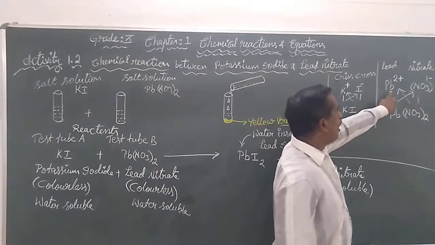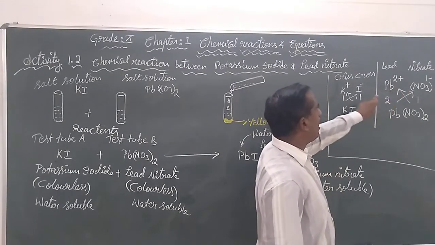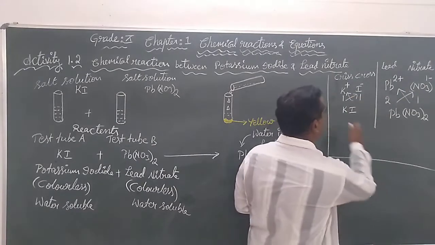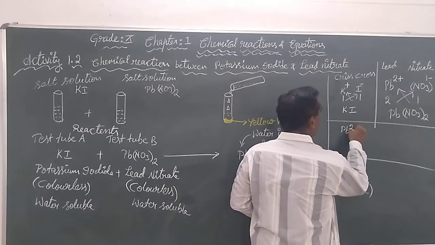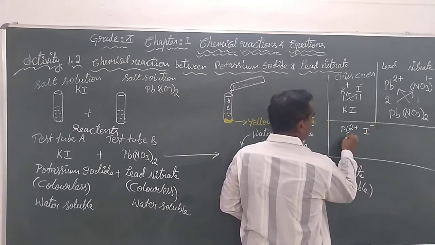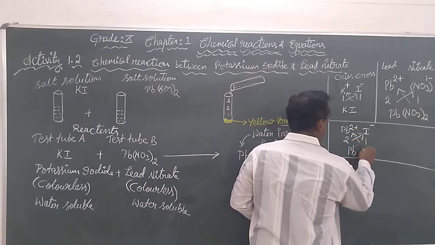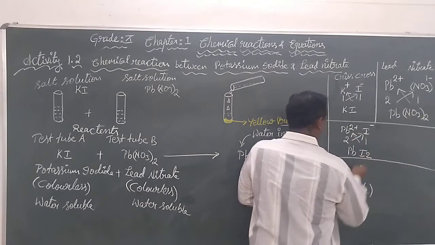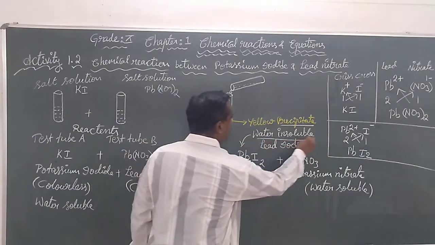Previously we came to know lead shows 2+, a divalent positive ion. Iodide shows a minus ion. Hence we get Pb2+ and iodide minus. So this 2 and 1, once we crisscross, we get PbI2. So the formula of lead iodide is